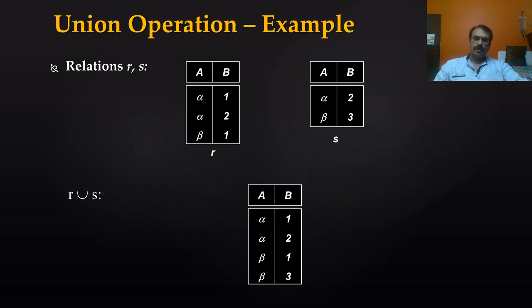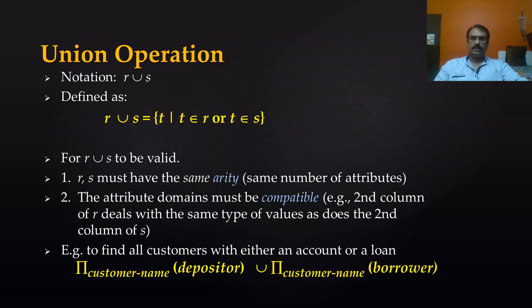The next operation is the union operation. I will not really explain this. Union is known to you. When we combine two sets, all the common will be listed first and all the rest of them will be listed later. So I will not waste time on that. This is the formal definition of union: R1 is unioned with R2. Again, R1 and R2 can be the relations directly or the intermediate relations generated.